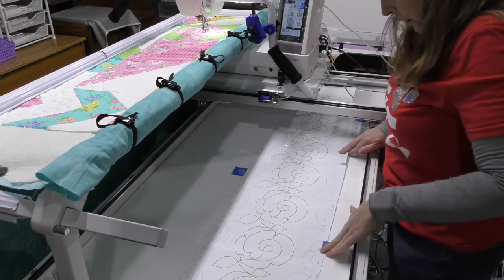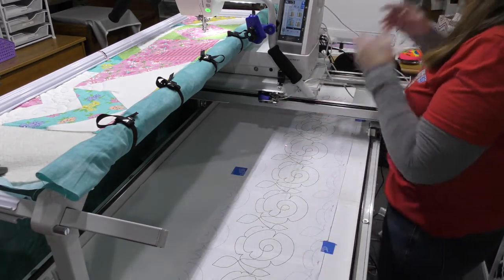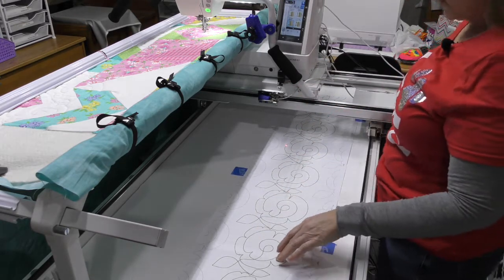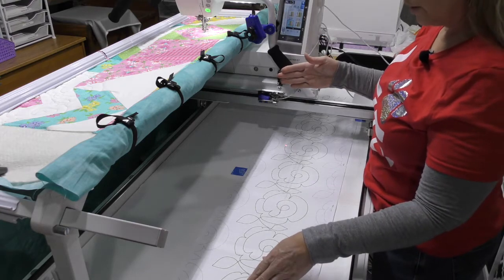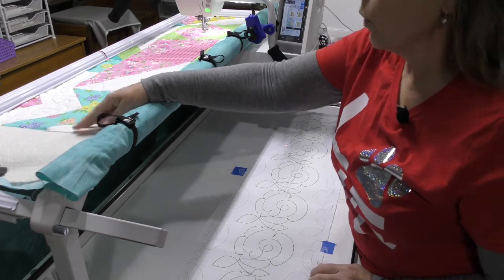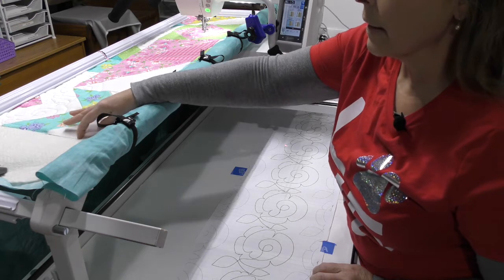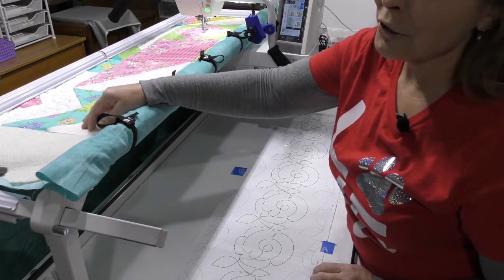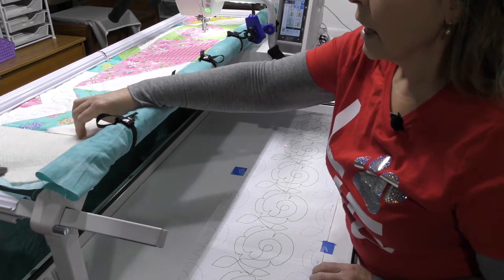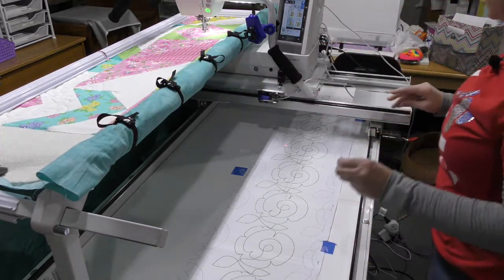So I'm going to attach this down. I'm going to just start my machine and continue on this path. And I think that I will be able to get to the end of the quilt. Now when you get to the end of the quilt, at some point when I start going off the edge of the quilt, I am going to tack this down, because I have learned that if your foot gets caught under this edge, you can stitch your foot in. Ask me how I know. All right,